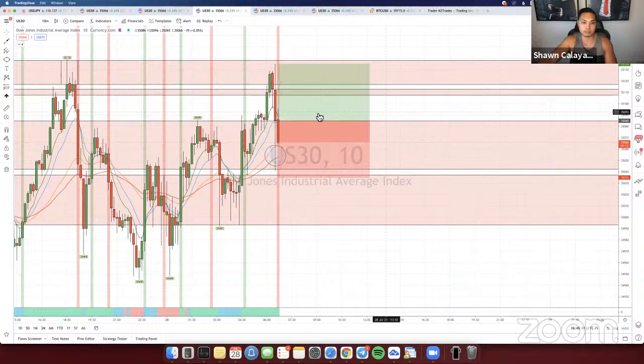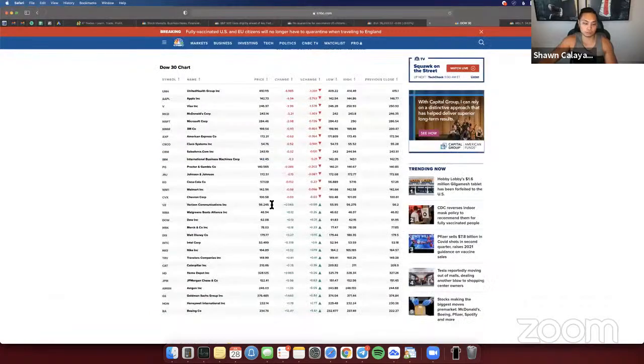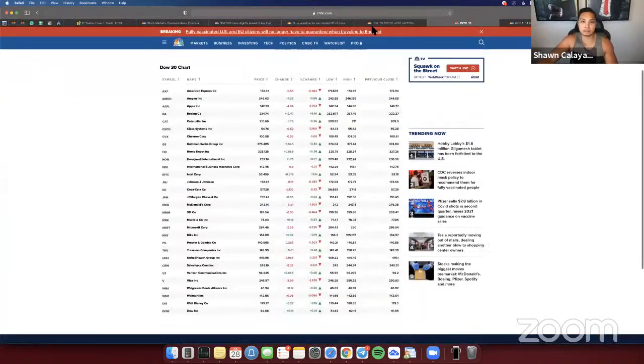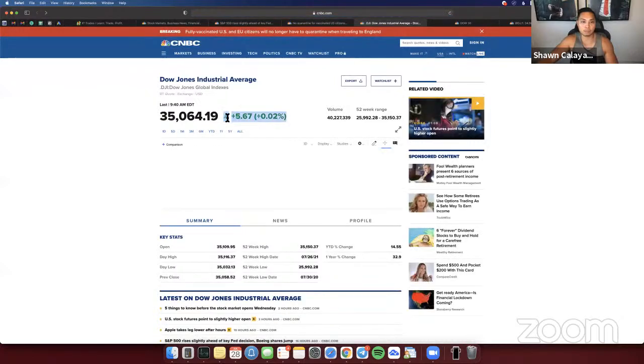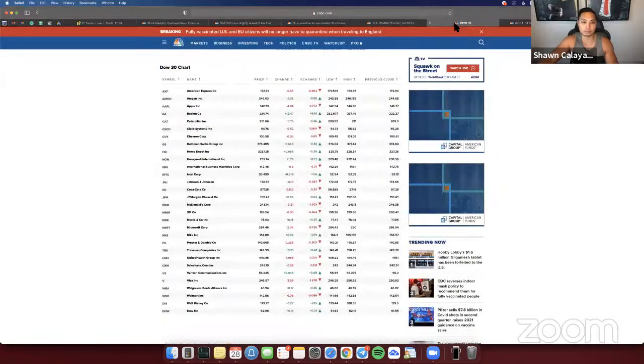But I wouldn't trade this right here, obviously, because of how the market's currently moving. It hasn't really chosen a direction. How I've shown you over here, it's currently green, but it's not necessarily very strong, right? It's like up 20 points and it goes down to 5 points and it goes back into the red. It's not very strong at all. It's not something that I recommend taking,